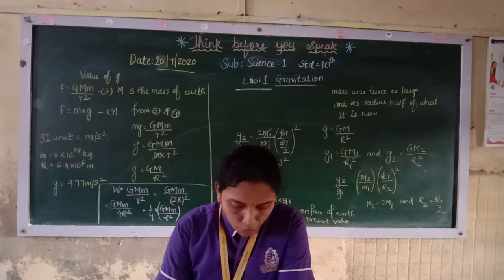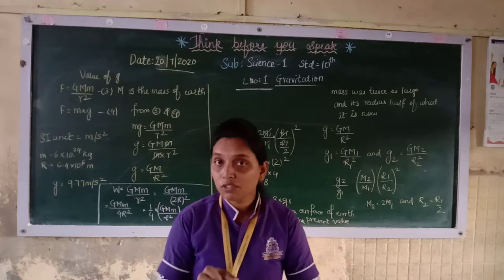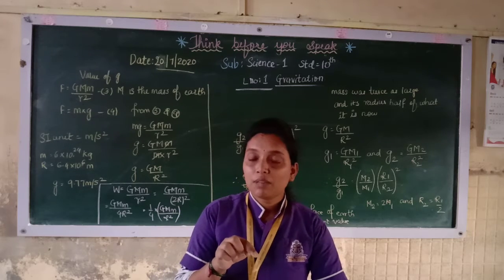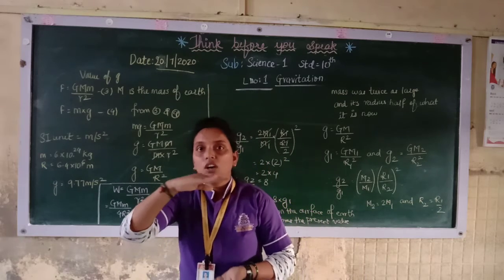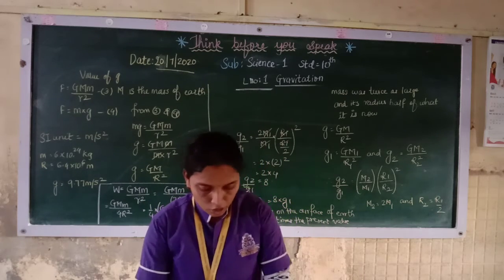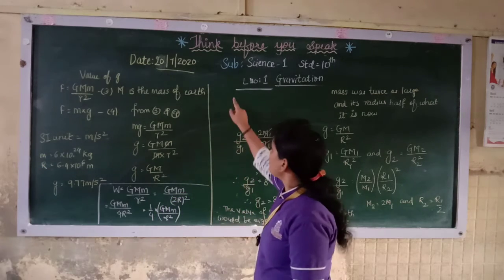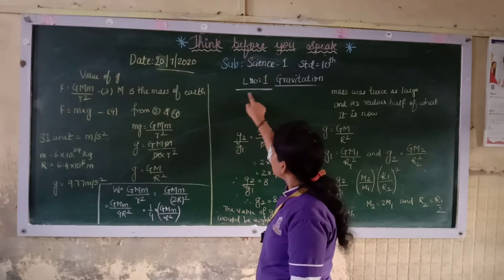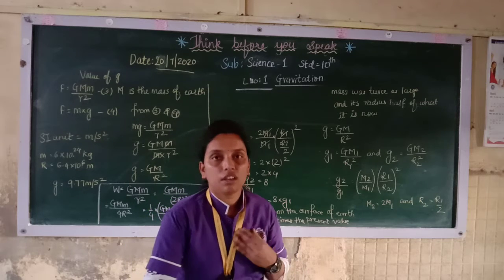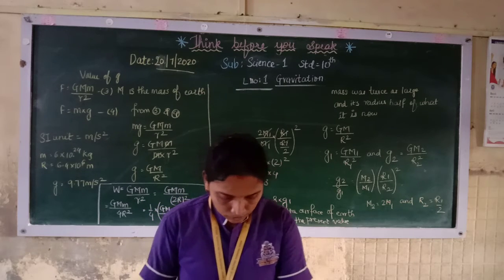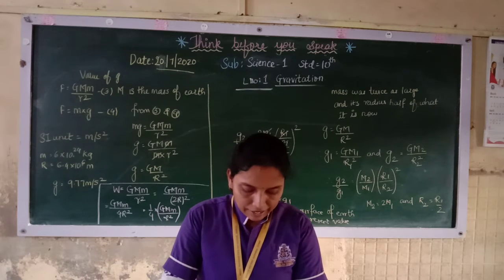So the distance of a point on the surface of the earth from its center differs, because somewhere it is flattened, somewhere it is bulging. On the sides it will bulge and at the poles it will be flattened. Due to its rotation, the earth bulges at the equator, and it is a little flattened at the poles. That is why it is not spherical.